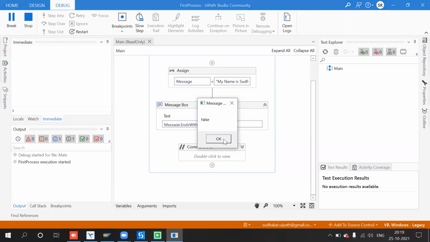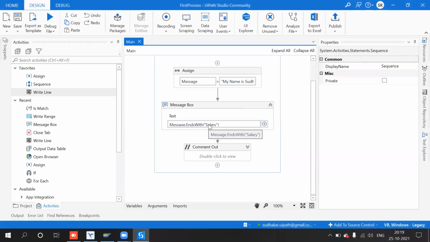So whenever you use the function ends with, we get true or false. So whether this particular string ends with salary or not.